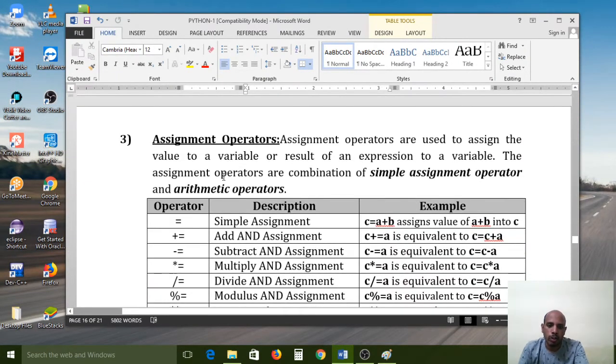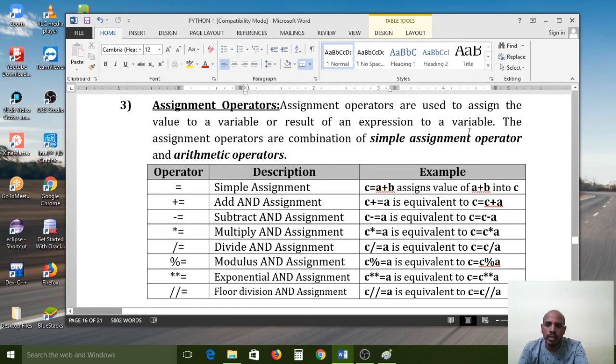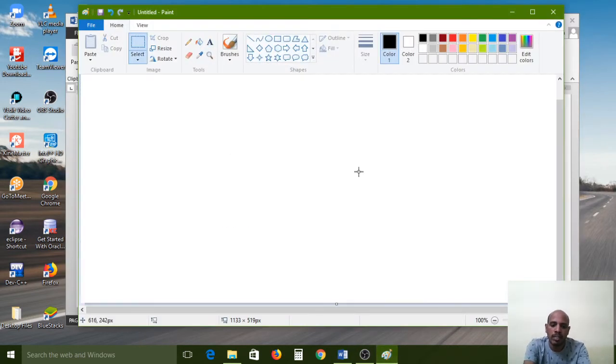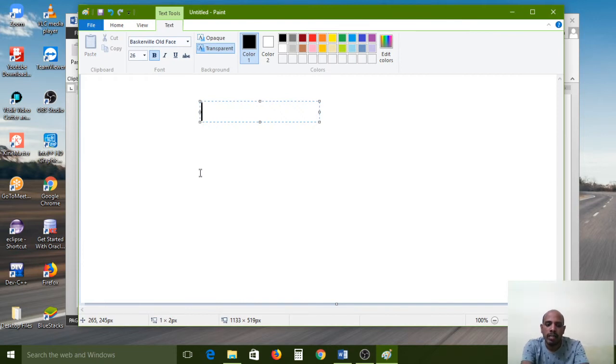Next, assignment operators. Assignment operators are used to assign a value to a variable. All of you carefully observe. Here assignment operators are nothing but the equal symbol. How can we assign a value to a variable? For example, here my variable is A. Now I want to assign the value 10. How can we assign? By using the equal symbol, A equal to 10. Then only the 10 value will be assigned to the A variable. So this equal symbol is called the assignment operator here.